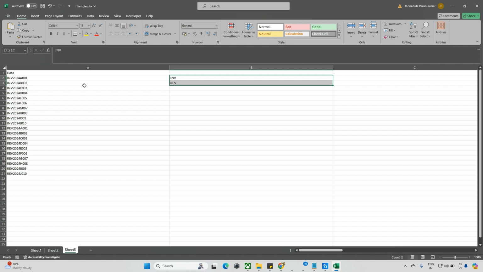If you have something else, like XYZ or PQRS, whatever data comes, I want to fetch only the first three digits. It might be INV, or it might come in the future. It won't be 1, 2, 3. This is the standard data you are getting, so INV, REV or some